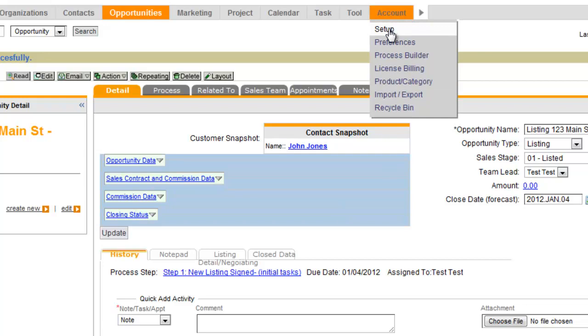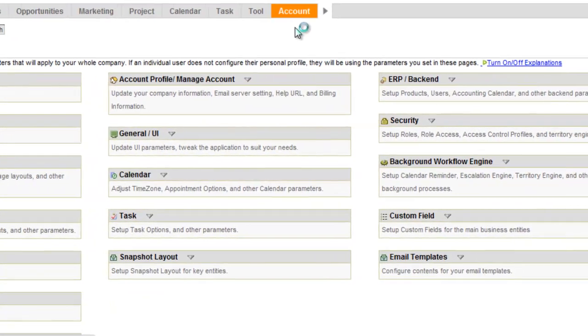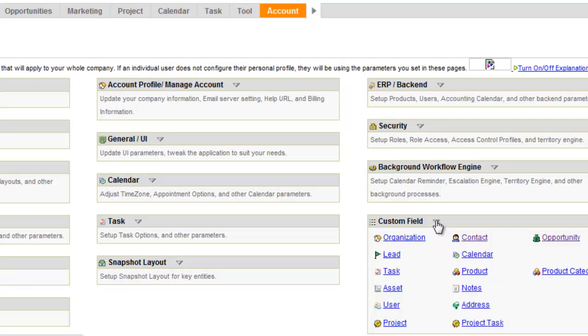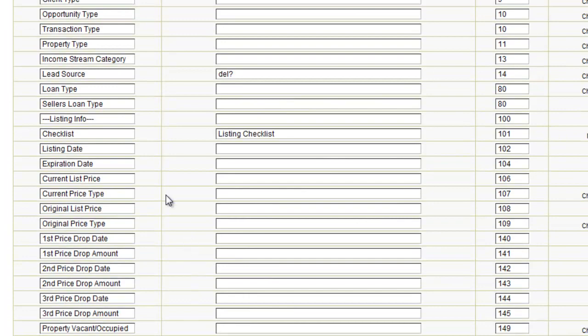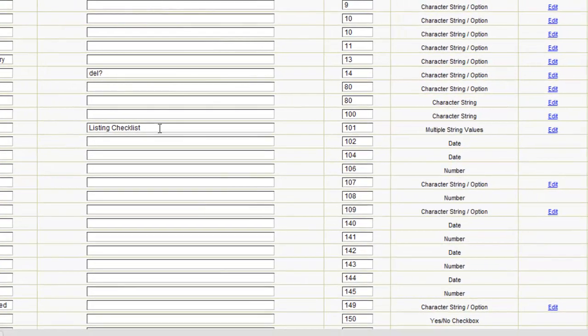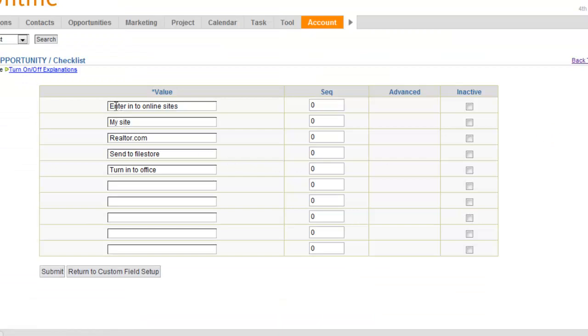So we'll go to the account tab and click on setup. This does require administrator privileges. Click on custom fields, and because this is an opportunity custom field, we'll go into opportunities. And here we see our field for listing checklist. Over here to the right, we'll click on edit, and you'll see the values that we have in there